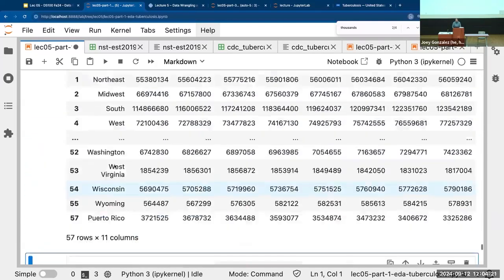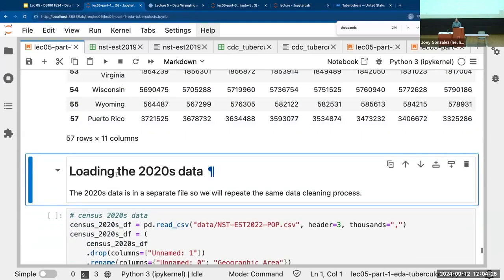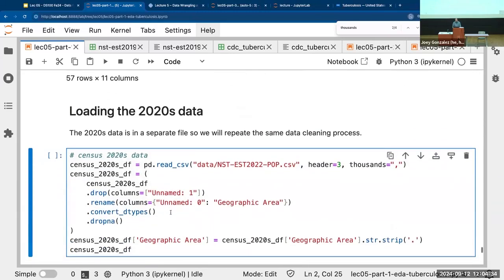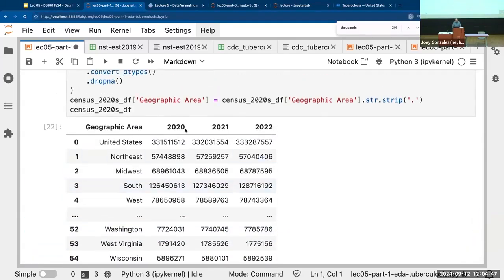All right. So that was the 2010s, a long time ago. Now we need the 2020s. I want to look at 2019, so I need the 2010s. I want to look at 2020, 2021, so I need the 2020s. Same process again, same types of transformations. Here I put this all in one cell. This is better because when I'm done with the cell, that data frame is fixed. It's the data frame I'm going to work with, nice and clean. There you go. 2020, 2021, 2022. We should update this data, download the latest version, and get 2023 as well.